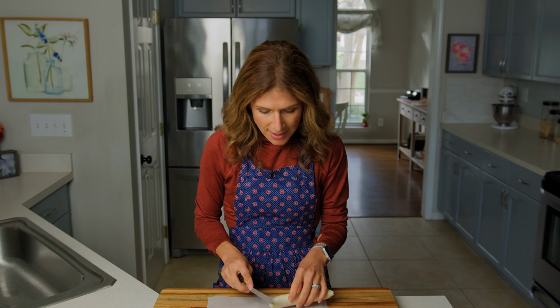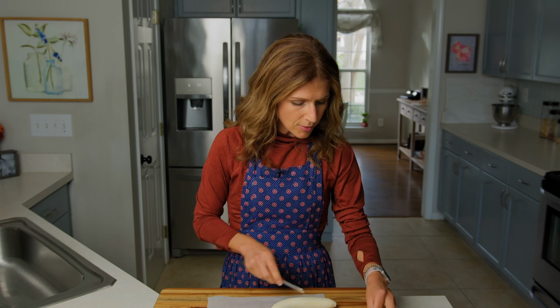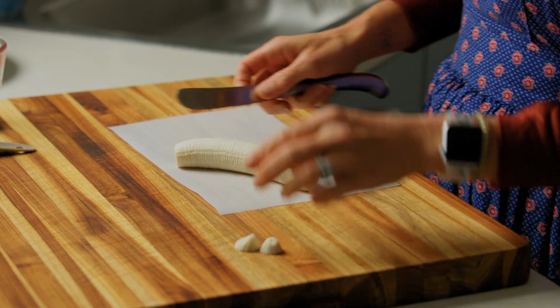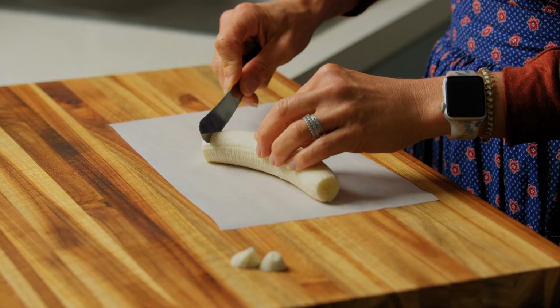So we're just gonna try to slice it into even slices. I'm gonna cut off the ends. The ends are rounded, and we don't really want that because it makes it harder to spread our peanut butter. So now I'm just going to take my banana, hold it with one hand, hold my butter knife with the other, and cut